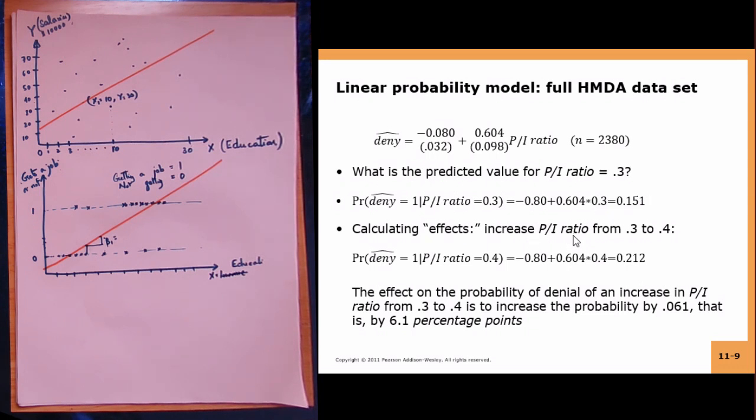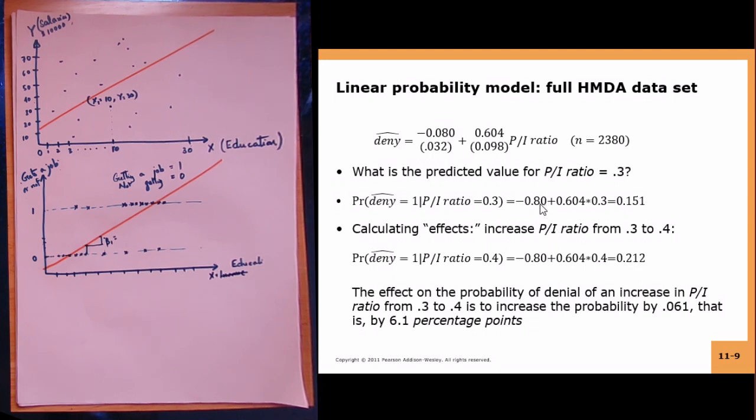Now, if your PI ratio increases from 0.3 to 0.4, that is, instead of the payment being equivalent to 30% of your monthly income, payment becomes equivalent to 40% of your monthly income. So then what is the probability that your application will be denied? Given this particular estimated equation, it will be minus